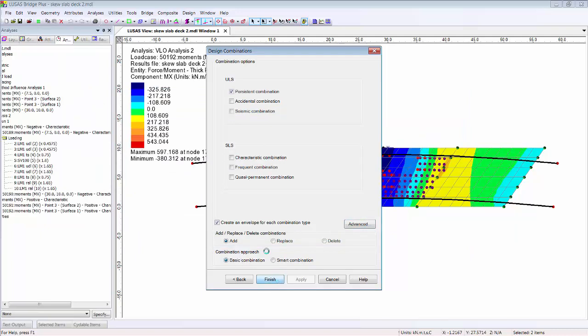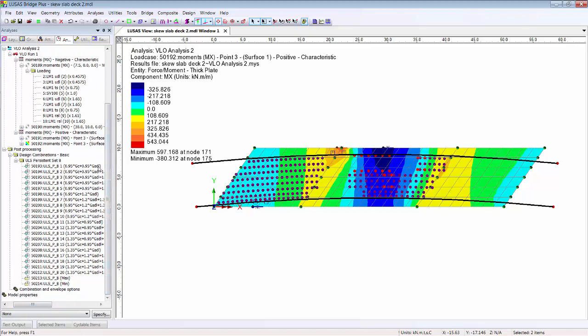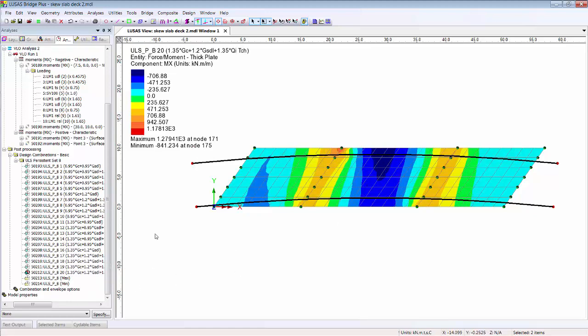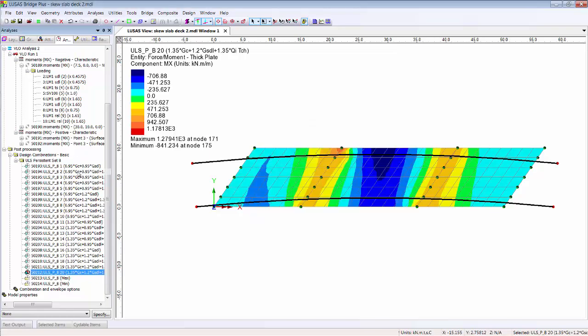When I press finish, LUSAS generates a whole load of design combinations, and I can see it's tried every load case with every load factor that's possible in the National Annex, in this case, the UK National Annex. And so if I set that one active, I will get a combination based on the load cases that are included here and the factors that you see here as well. So I've got all of these combinations, and they can be compared, and I can then show the worst using the envelope. But before we do that, let's just have a little look at the Slab Designer and how that